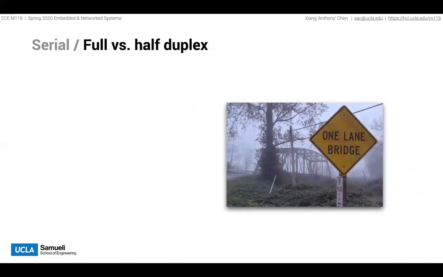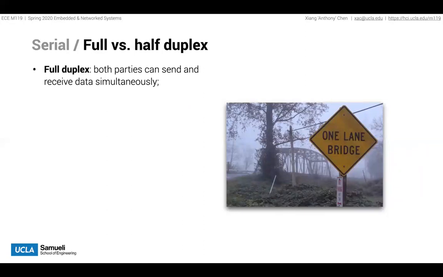So there are a few follow-up concepts about serial communication. We're not gonna discuss these concepts in detail. The only requirement is that you know what they mean. So for example, full and half duplex. Full duplex means both parties can send and receive data simultaneously, whereas half duplex means at a given time it is